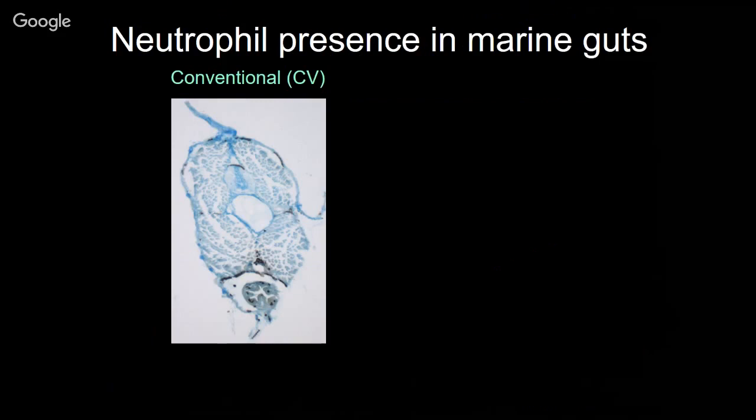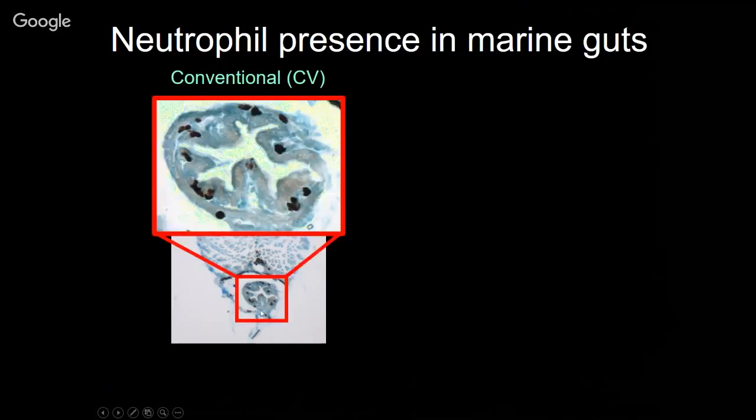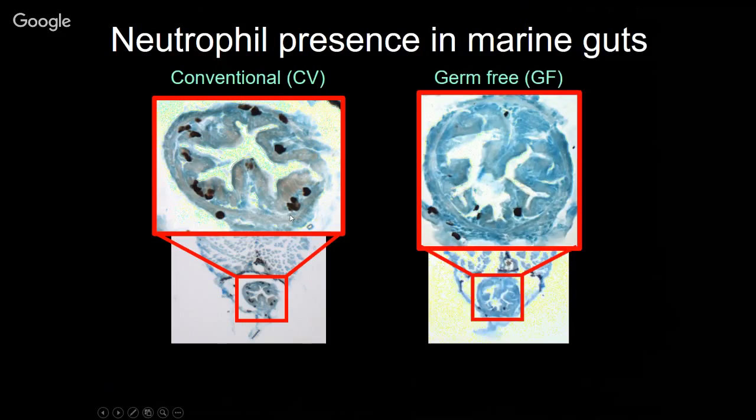As a postdoc, I worked with Erika Mittke, who was a lab tech in Karen Guillemin's lab, to establish an assay in which we're able to count neutrophils. And I mentioned that earlier. This is just showing a cross-section of a fish. We look at the neutrophils that are here in the gut. This is the neutrophils that were present in a 14-day post-fertilization marine gut, or oceanic. And this is a conventionally raised fish. When we raise this fish in the absence of microbes, there are significantly fewer neutrophils present in this gut. And we're able to go through all these sections and count the number of neutrophils